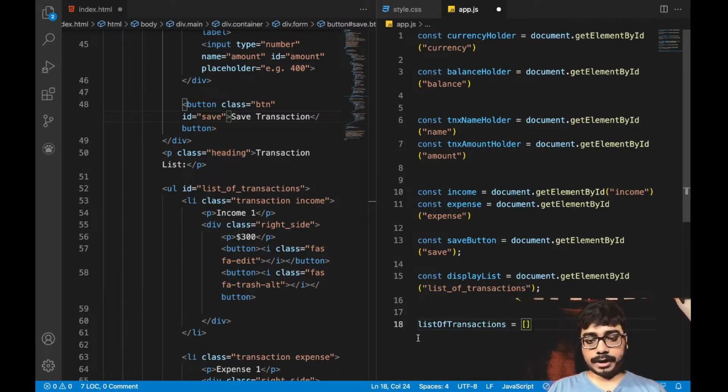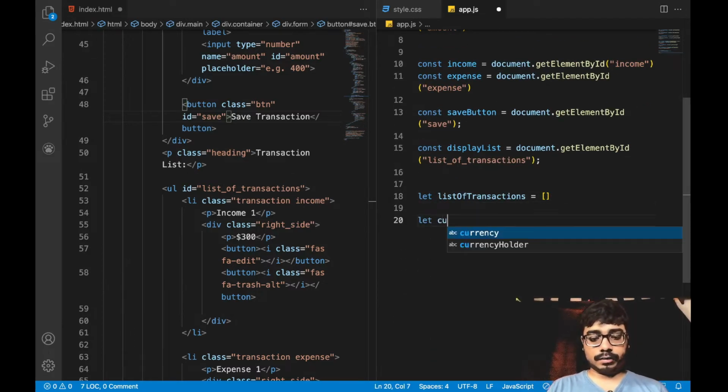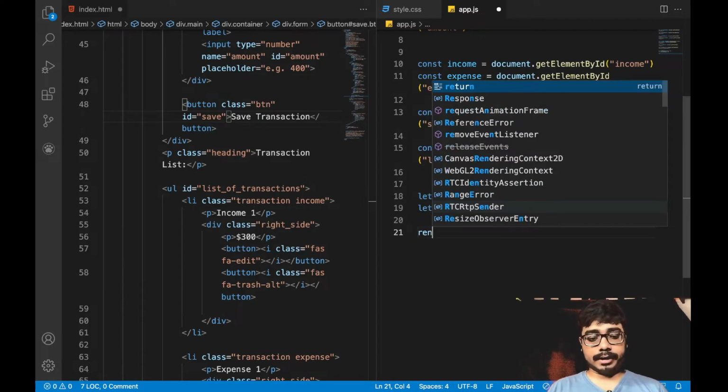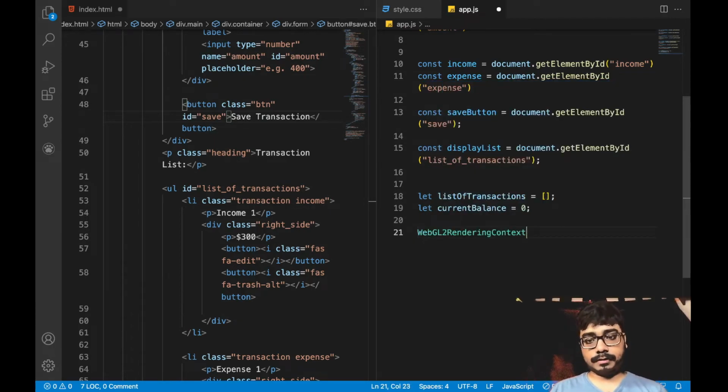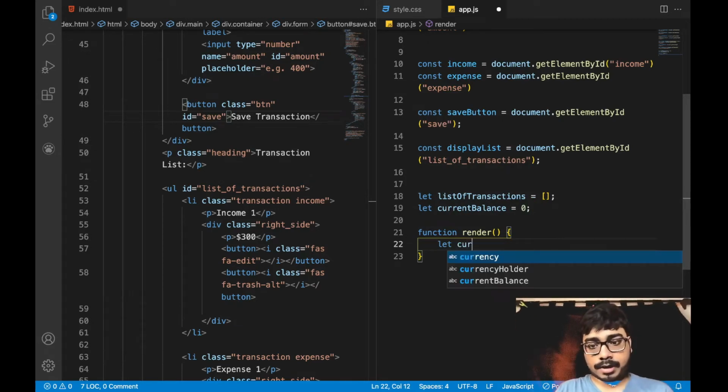And now we'll need a few variables. Let's say list of transactions will be an empty list, and current balance will be equal to 0, as we are starting with nothing. And then we will have a render function like before. There will be a function render, which will render our list, because we will add the balance every time with render. So let's just do let current